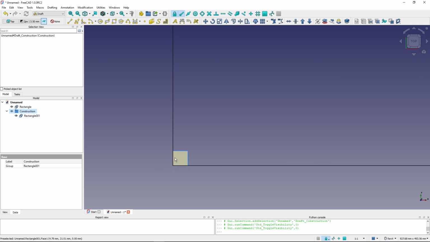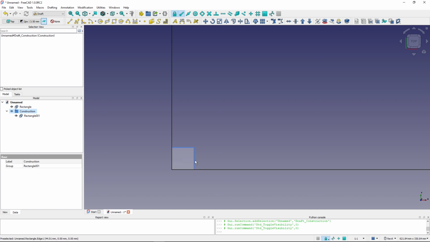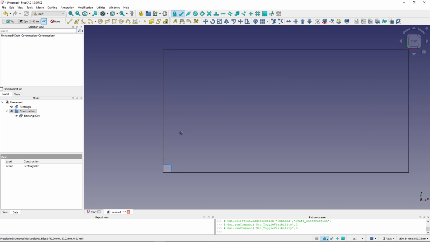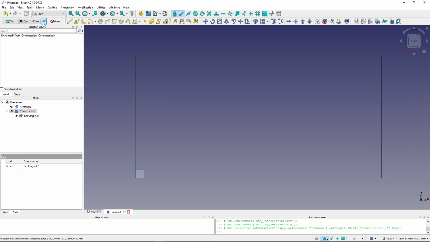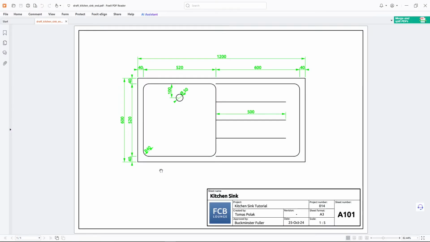You can easily see the construction geometry because it's blue. So now I will make sure to turn off the construction geometry, because now we will create the rectangle,